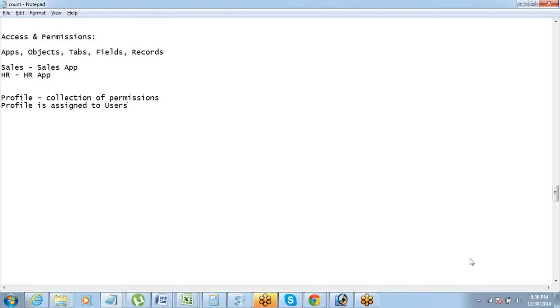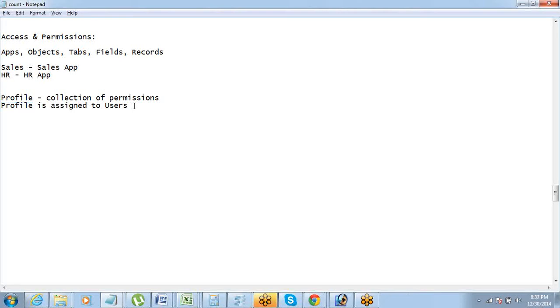So for example, if you have sales users, then you will have a profile for the sales users, and that profile will be assigned to all the people who are a part of the sales team. Correct? So basically you are creating a profile and assigning that profile to multiple users. All right. So why don't we directly assign permissions to the users, so that we can save a lot of time?